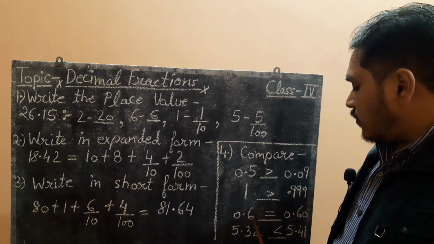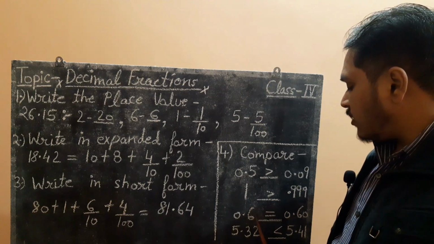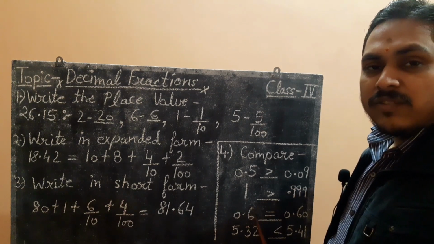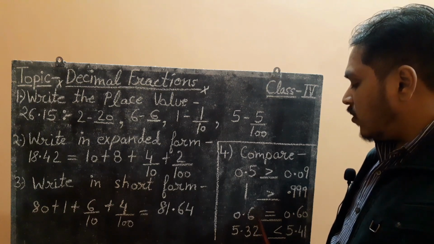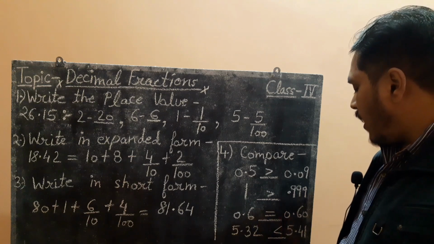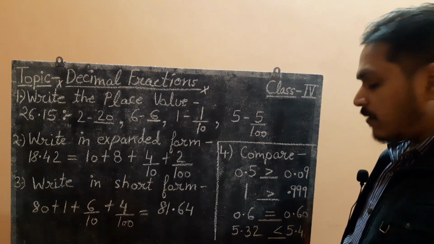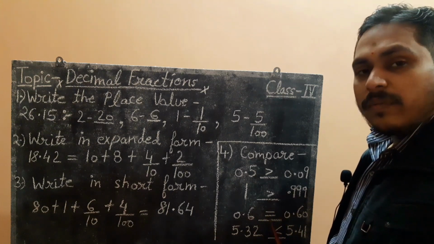Now we will compare the second value. Now there is no second value in this fraction, so you will place a 0 here. When there is no second value in the decimal fraction, you will place 0 after this 6. So it will be 0 here. And in the second fraction it is also given 0. So that means these two decimal fractions are equal.